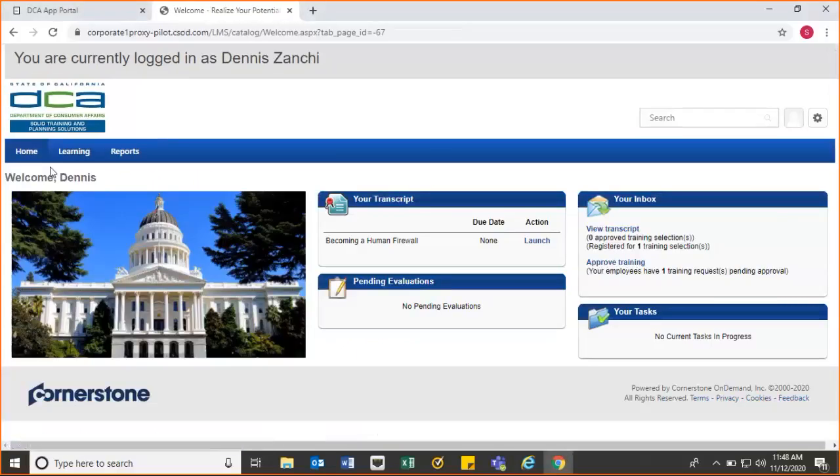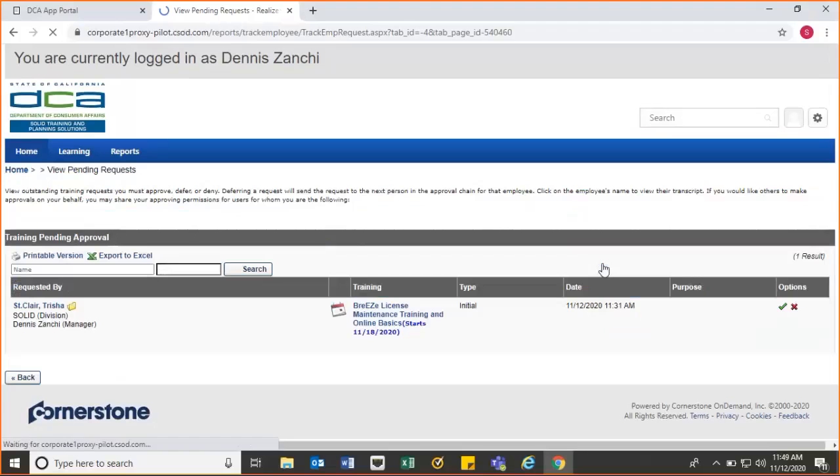You wouldn't really need to come here for any other reason. And if you look to the right side of the screen, you'll have this that says Approve Training. So it'll say your employees have 1 training request pending approval. If you have multiple, it'll just tell you the amount of outstanding trainings you have to approve or deny. And then you'll just click the link that says Approve Training, and it'll take you here. The second way you can get to this exact same page is under Reports. So if you hover over the word Reports and you click Standard Reports,